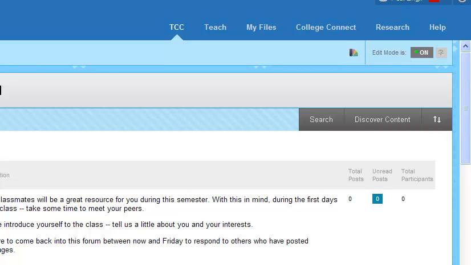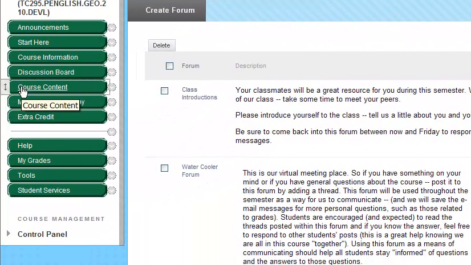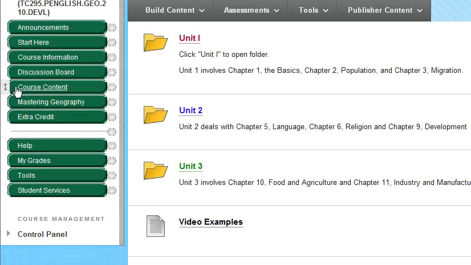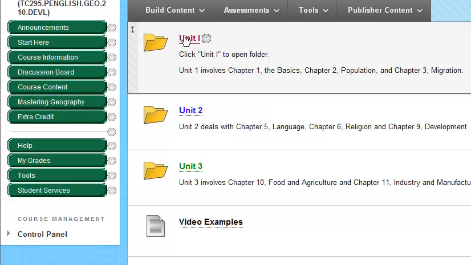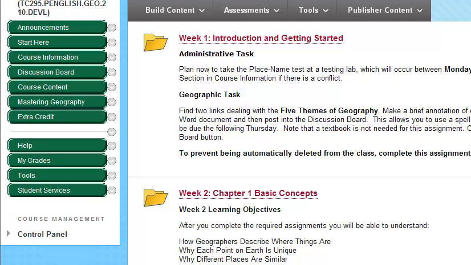The next button is the course content button, and this is probably the most important button that you'll be using. It's where the teachers have put information. And so we see Unit 1 right there. So let me click on Unit 1. And what you see is the week 1, we're introducing ourselves and getting started.